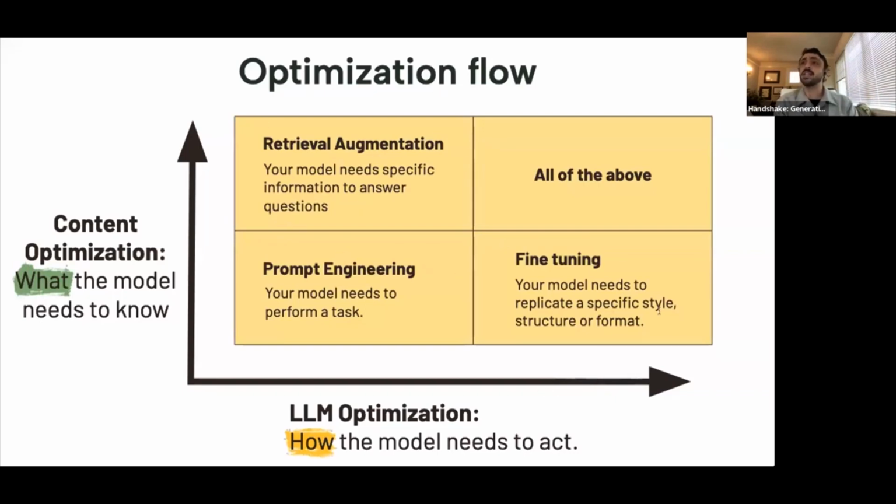For fine tuning, this is when you're optimizing for how the model needs to act, whether it needs to talk a certain way or perform certain kinds of tasks, or maybe you want your model to conduct chain of thought without being instructed to, these kinds of things. Then you think about fine tuning. And these things are not actually either or. People will often ask like, well, which one is better? The answer is that they do different